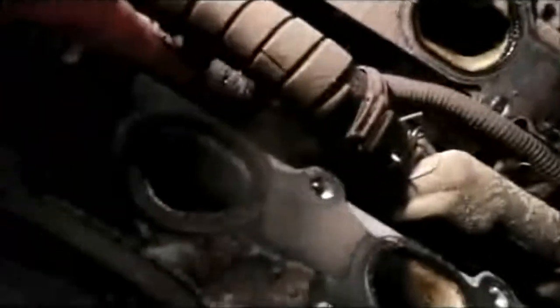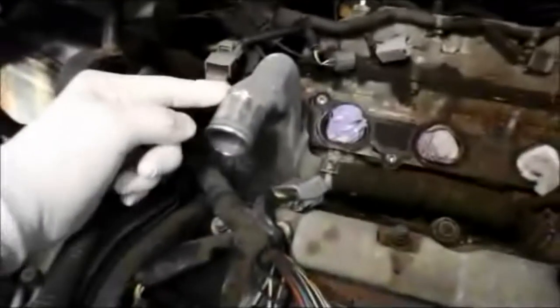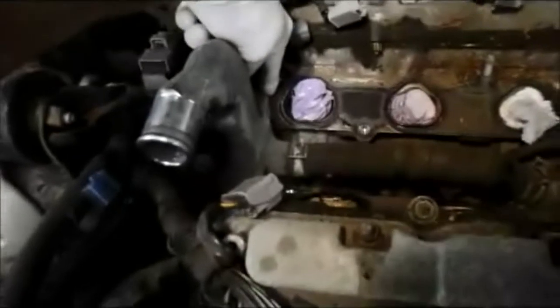Yeah, one is on this side here, and the other's on this side here. All right, we're going to remove these sensors, and we'll put the new ones back in, and then I'll come back and I'll show you how to put the intake manifold back onto the vehicle. The last thing we're going to do, just so we can get this intake gasket off the car here, is we have to remove the water intake housing right here, because the intake gasket is actually underneath part of that